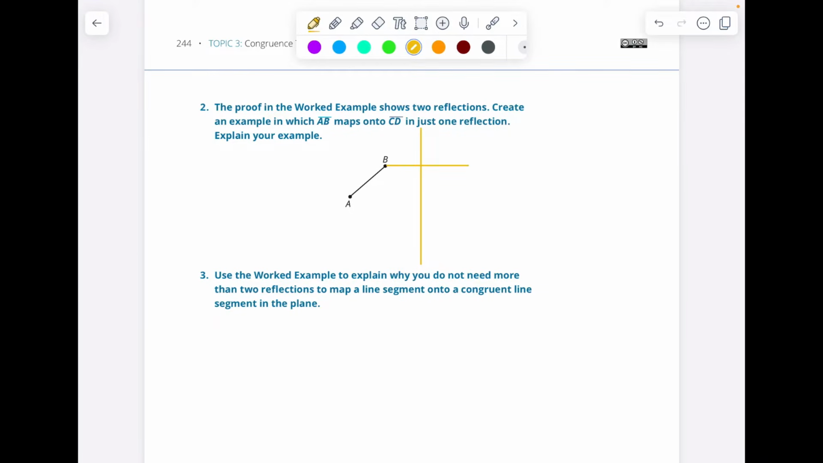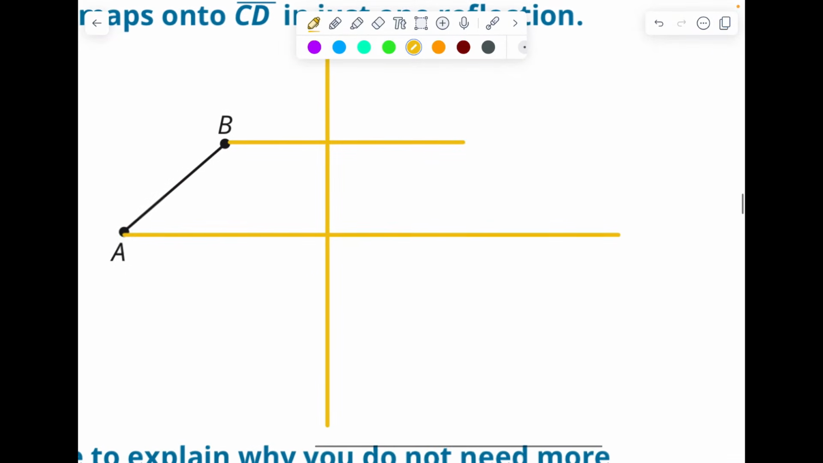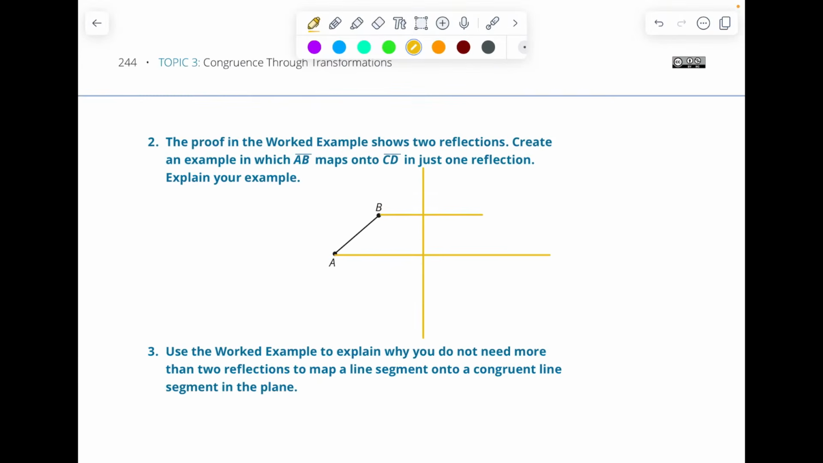So I'm going to draw perpendicular lines. And I'm using vertical and horizontal on purpose because in Notability, it's easier to see. It's easier to create horizontal and perpendicular lines. So it needs to be perpendicular and equidistant. So that would be